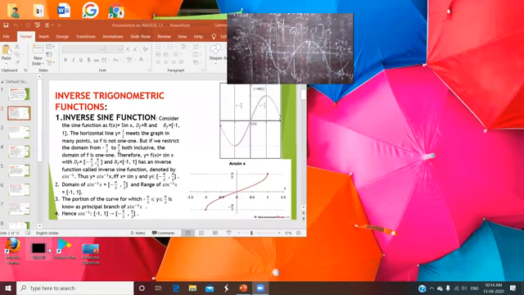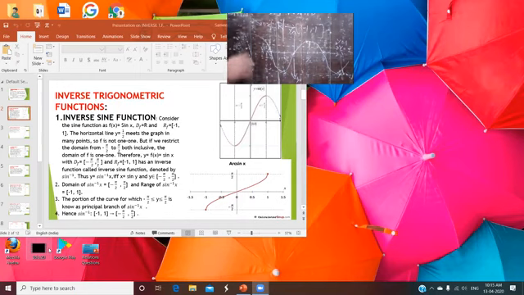Okay. So that is your first interval in which sine is 1-1. That's why the domain minus pi by 2 to pi by 2 is said to be the principal branch. There are so many branches, not only minus pi by 2 to pi by 2, but many other branches also in which the function is 1-1, that means invertible.